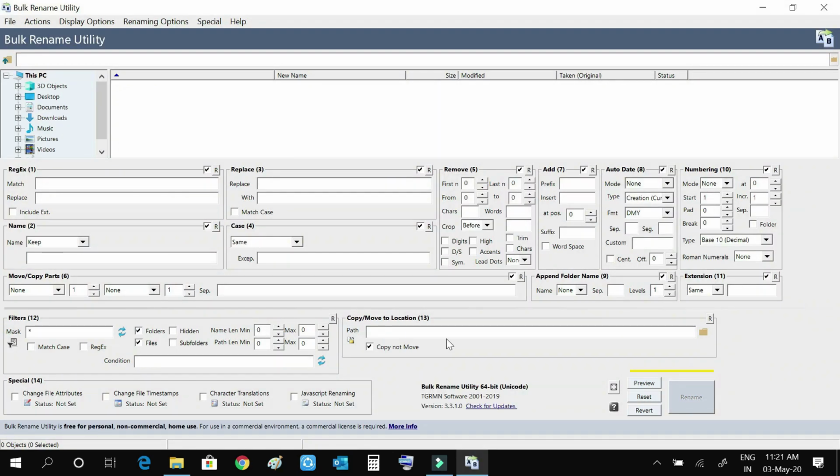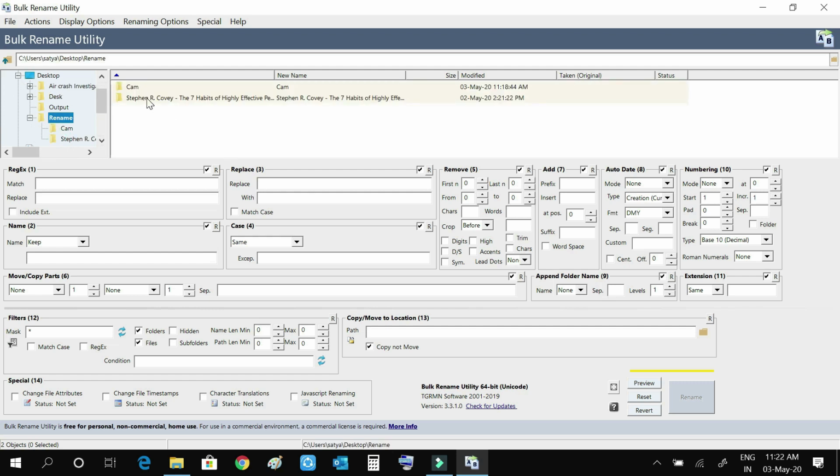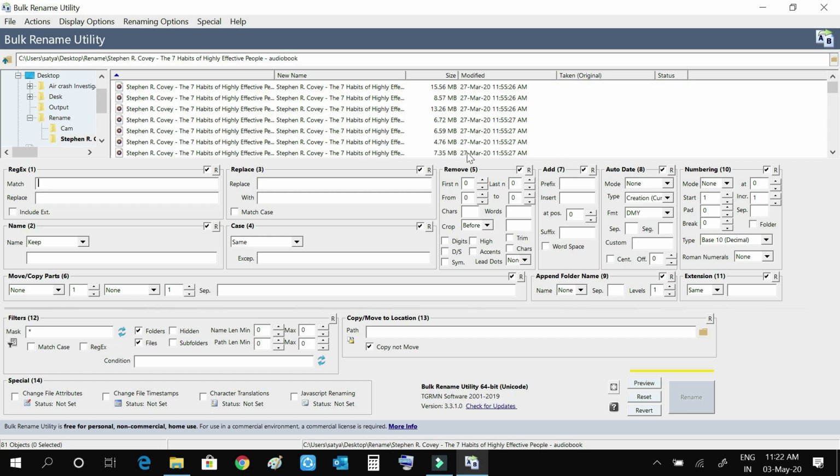I'm going to open this, and you just need to select the folder: desktop, rename, Stephen R. Covey. See, these are the files. Here also you have to select the same way. Click and select, and then shift and downward arrow.